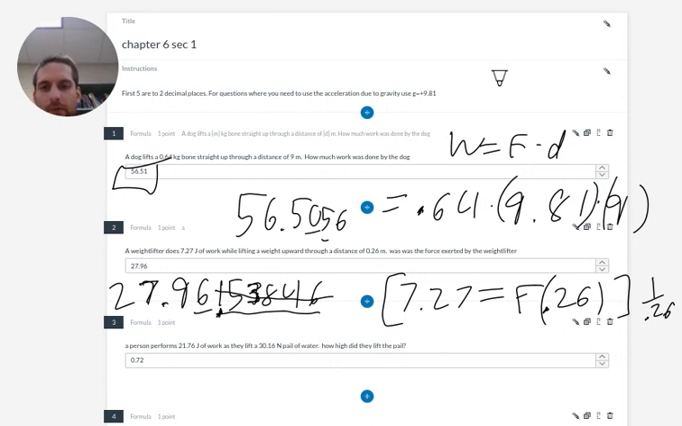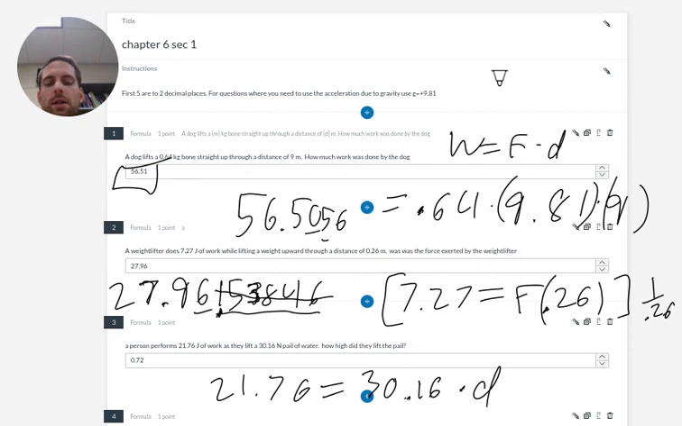All right, if we want to know the distance, this person lifts this pail. There's our work, there's our force. If we do 21.76, work equals force 30.16 times distance. Then we divide both sides, 21.76 divided by 30.16. We're going to get 0.72